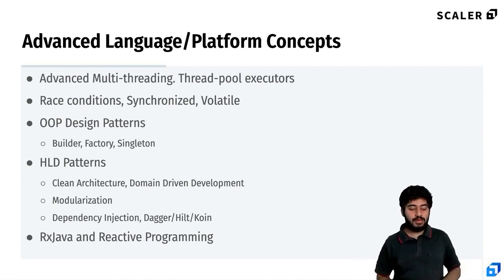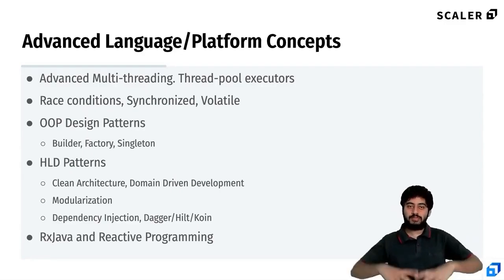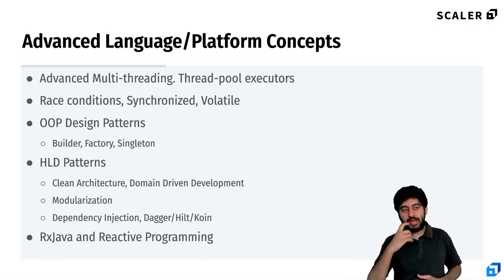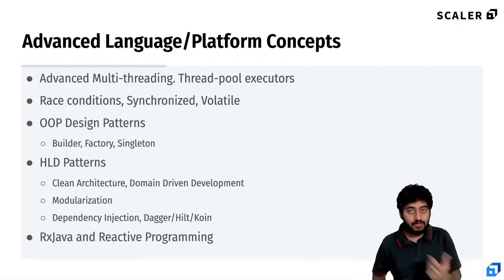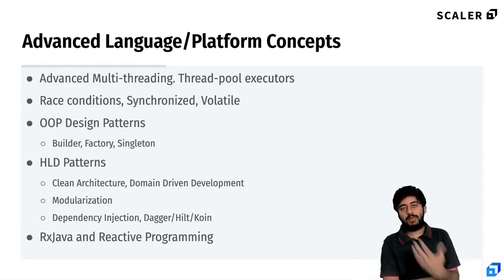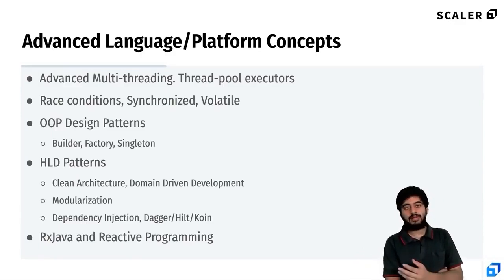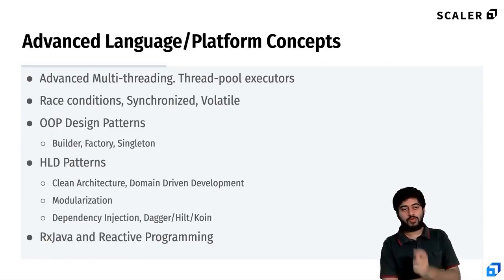Okay. Then you need to understand a little bit about object-oriented design patterns, which you need as your app starts getting more complex. If you're looking at an app which consists of 15-20 Java files, you don't really start seeing the need for design patterns. But when you have 100 Java files inside your project, you start seeing the need for design patterns, like where would you need a builder pattern, where would you need a factory pattern, and for something that you want to use only a single copy of across the entire app, you can create a singleton. So understanding those is definitely very important.